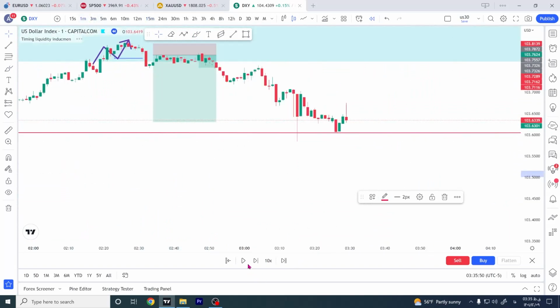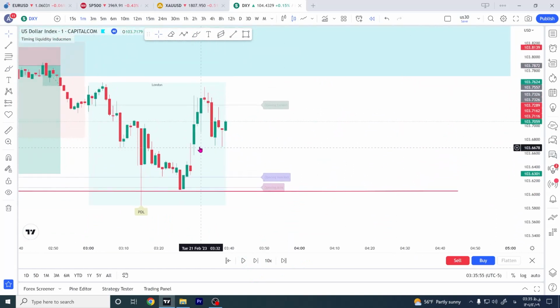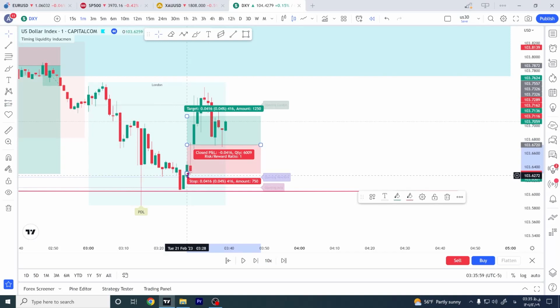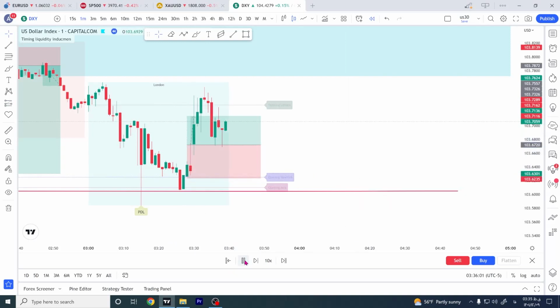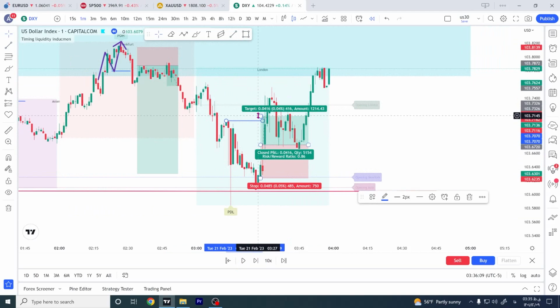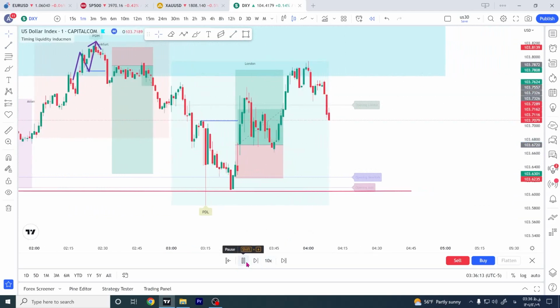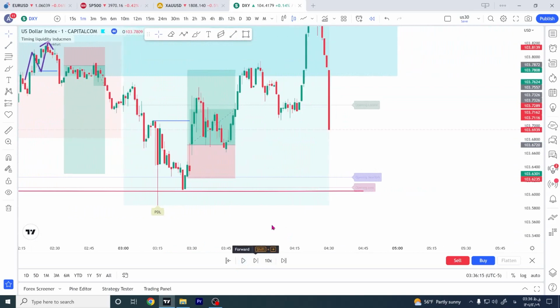So that can be another entry again, and we can enter on this gap. I think it may be a stop loss, or it may be a profitable trade. Why I chose this gap? Because it shifted the market, and it is a gap. Gaps are important in any kinds of markets, but our stop loss is a little bit large, and it is